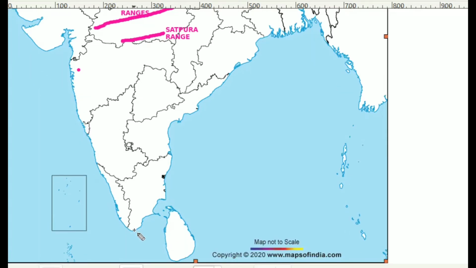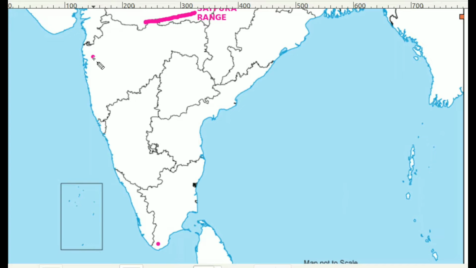Then we can mark the Western Ghats. You just mark the starting and ending point like this. The ending point is before reaching Kanyakumari. The starting point is the northern side of Maharashtra, near to Mumbai. Just join the points. It's almost parallel to the Arabian seashore